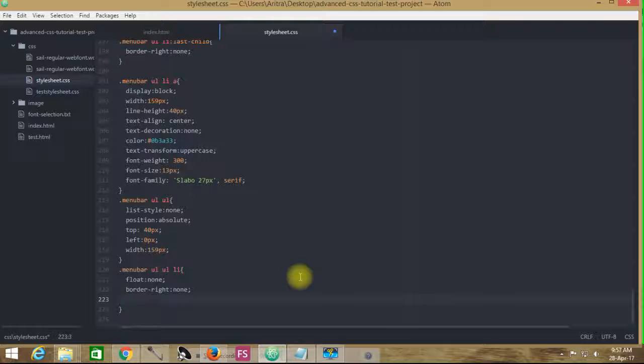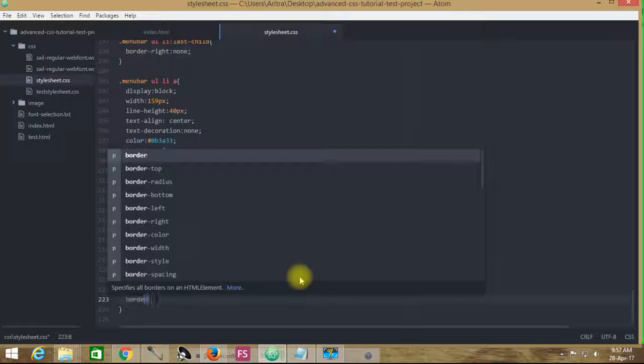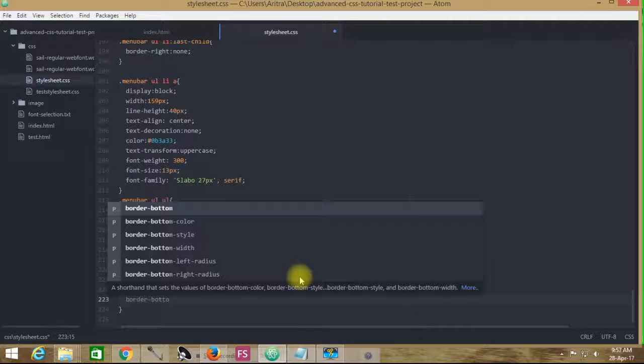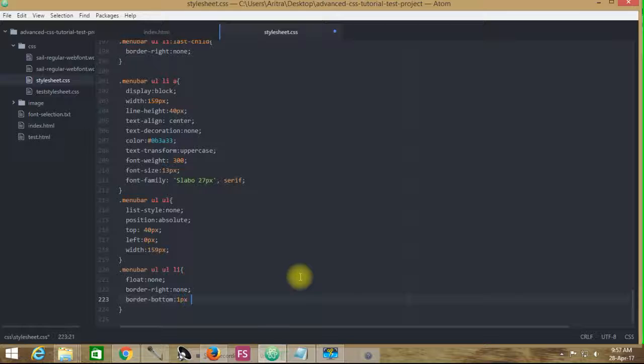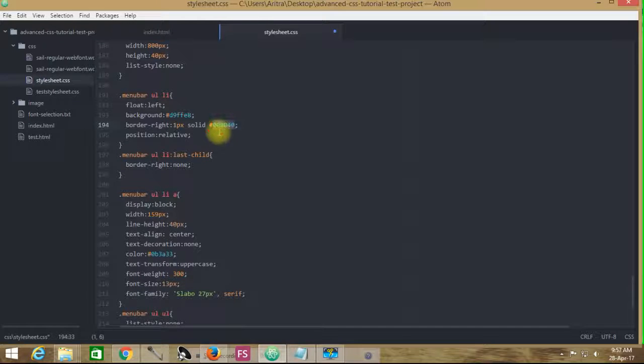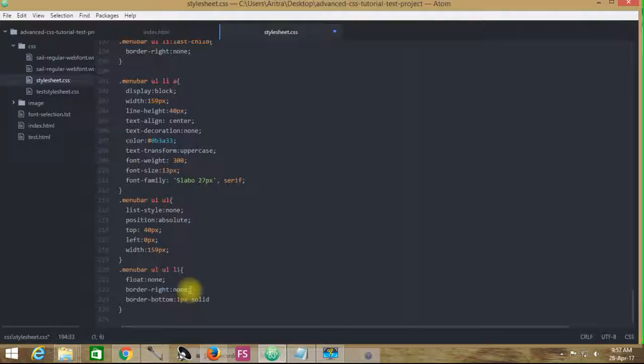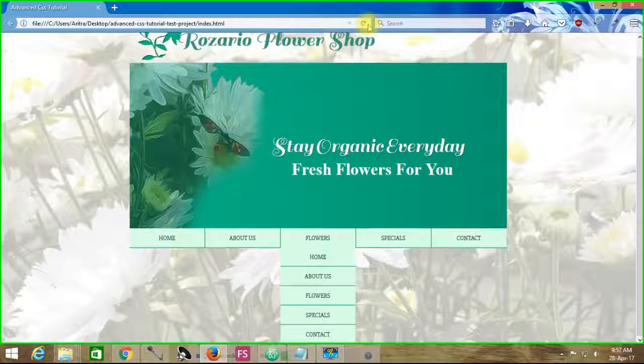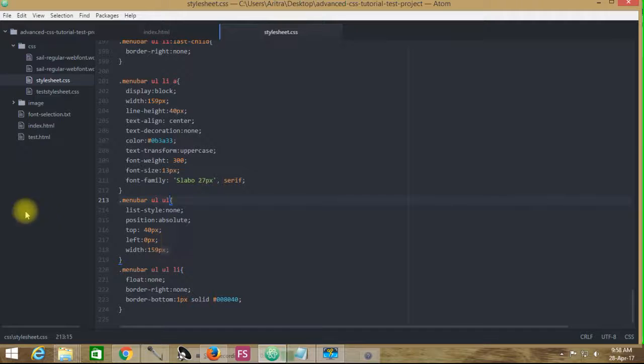The second thing is, there will be a border bottom of 1 pixel solid, and provide the same color over here. Here it is. Get back to your project, reload, and you can see that the similar color is now appearing under this one. So now all you need to do is mention another third order list. So we are providing that third order list, customizing that third order list over here,